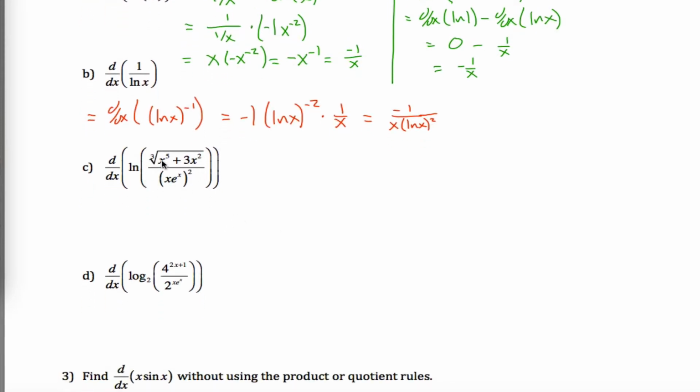All right, getting a little bit nastier looking down here. What I'm going to do to make this problem a little bit more palatable is rather than just power through with the chain rule, I'm going to apply a whole lot of log rules first. Because I think if you just use the chain rule and the quotient rule, it's just going to be a mess. So using my first log rule, I can say that this is the derivative of, how about this? Using a bunch of log rules, you can get that this is 1/3 times the natural log of